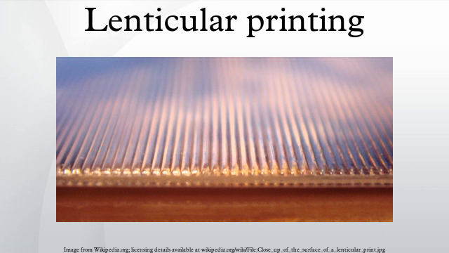Construction. Each image is arranged into strips, which are then interlaced with one or more similarly arranged images. These are printed on the back of a piece of plastic, with a series of thin lenses molded into the opposite side. Alternatively, the images can be printed on paper, which is then bonded to the plastic. With the new technology,